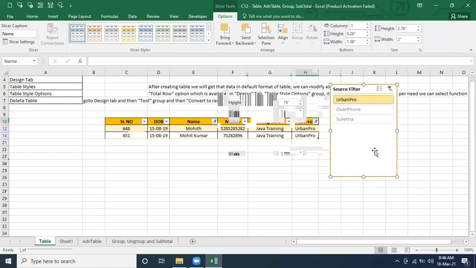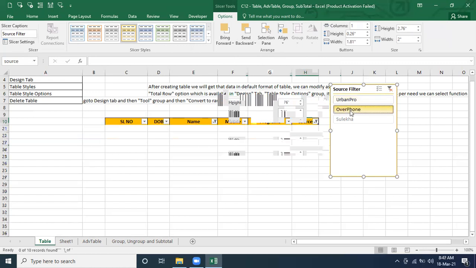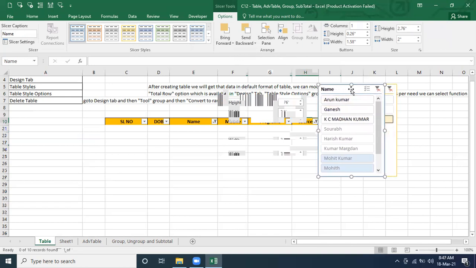This went back and now this is the slicer. Correct? And it came up. Got it? And this one, if you want to send it back, then you can send it back. The new one is coming, this slicer is coming. Or just beside, if I'm giving this much space only, then you can identify. So this is the back side or not? The source filter, it's in the back side, right?